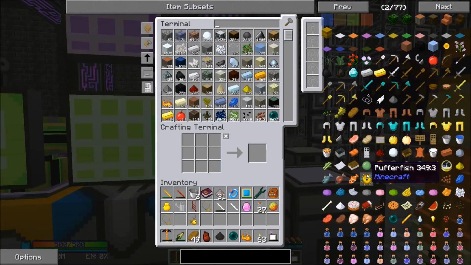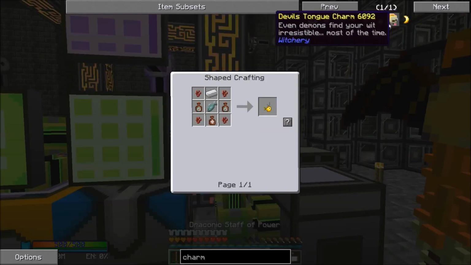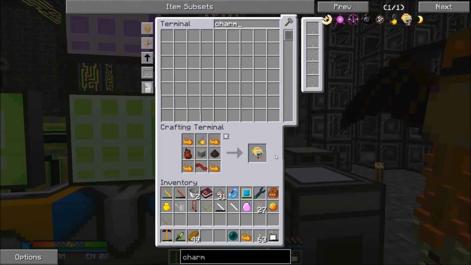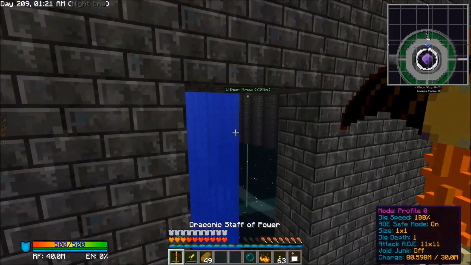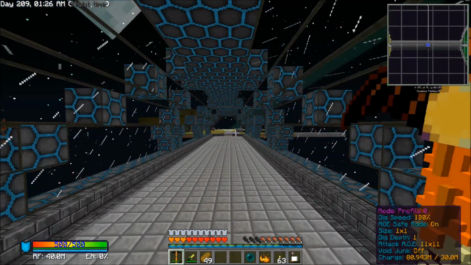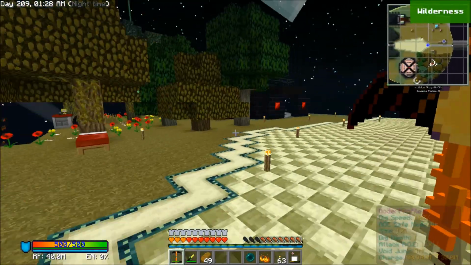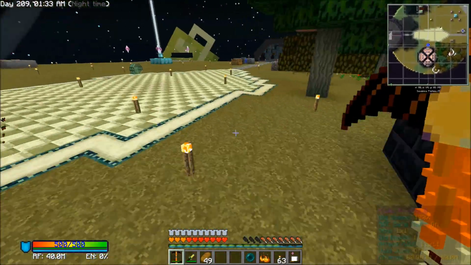Okay. And we want this charm. There we go. And now this one's still going to let us commune with other creatures, but we'll also have demons added to that list. Now, I'm going to have to go get another villager so that we can summon another demon. But first up,